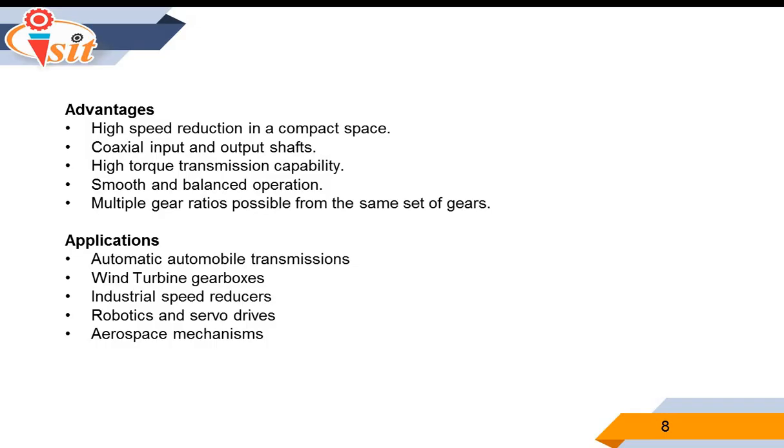Their ability to provide positive and reliable power transmission makes them indispensable in a wide range of machines and equipment. From simple household clocks to sophisticated automobile transmissions and aerospace systems, gear trains remain one of the most important mechanisms for power transmission in